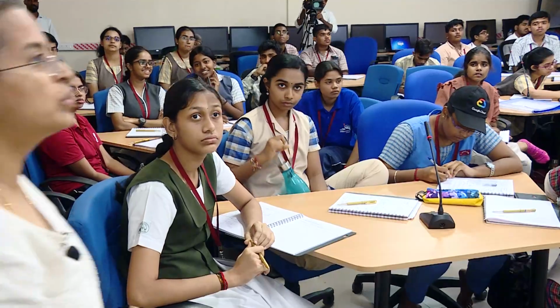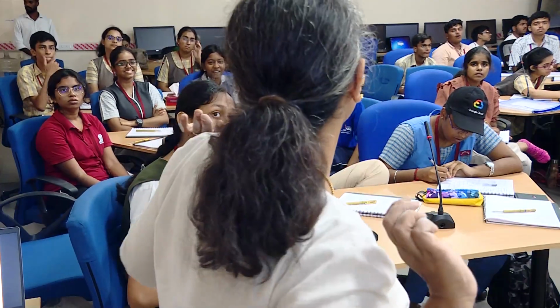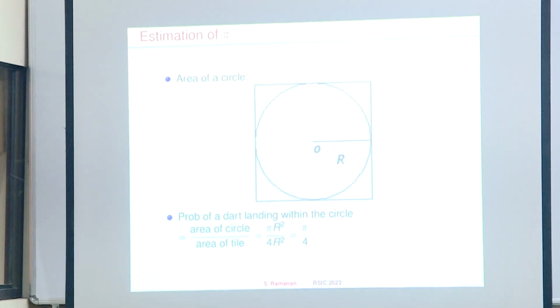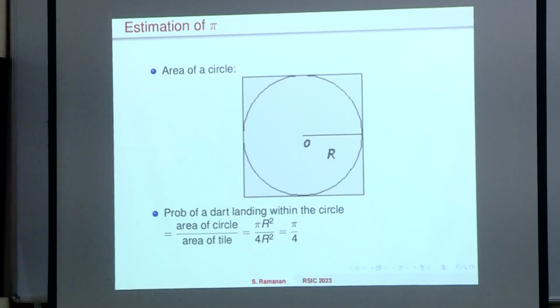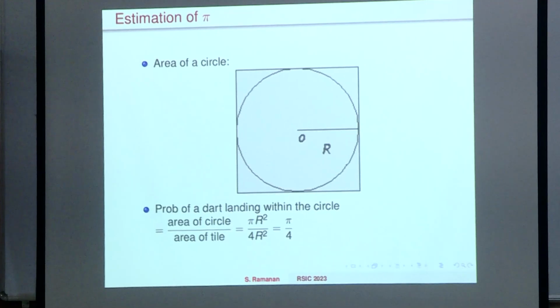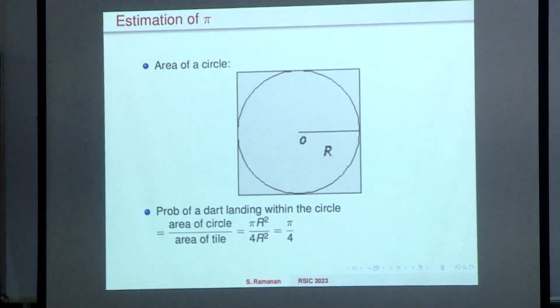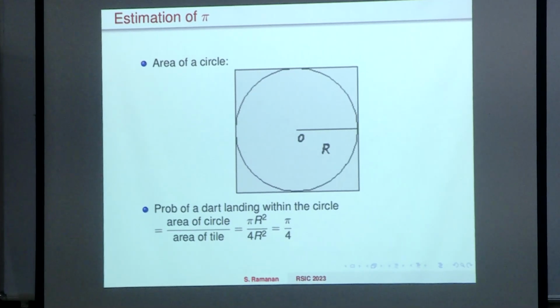What I want to do is, I'm not going to do the full thing, I just want to do this very quick. I want to measure the area of the circle. If I have to measure the area of a circle, you all know how to do it. You just have to integrate, right? It's going to be a 2D integral, answer is pi r square, no doubt about it. But I want to use probability. So about this circle, I inscribe it inside a square. The circle has radius r, the square has side 2r. So now I'm going to throw darts.